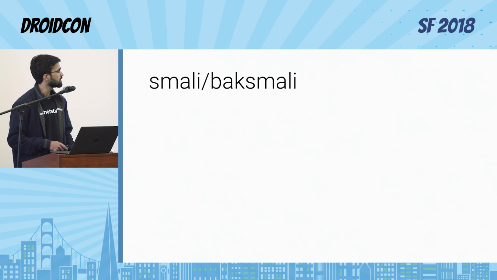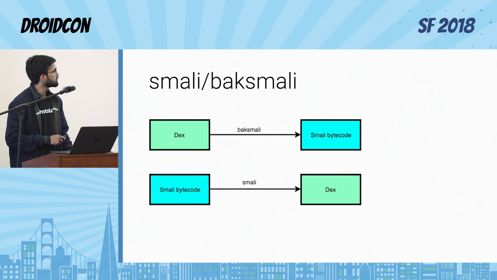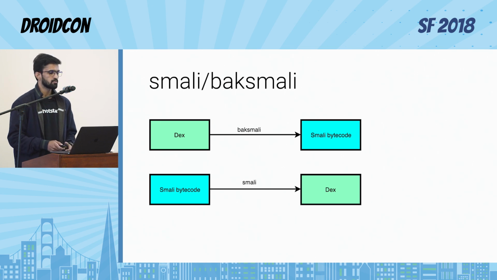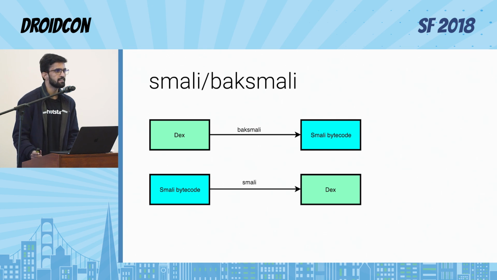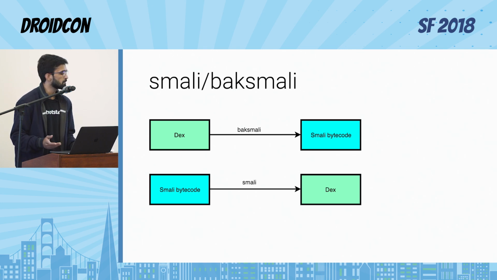Smali will help us here. Smali is the bytecode representation that is a human readable form for the DEX file. So we can use baksmali to convert the DEX file to Smali bytecode. Again, it's human readable. And I can again use smali to convert the Smali bytecode back to the DEX. So yes, for some reason, the assembler and their bytecode format both are called Smali. And it can be used as a verb as well. So I can use smali to smali the Smali bytecode. I'm so excited to look at the Smali representation.